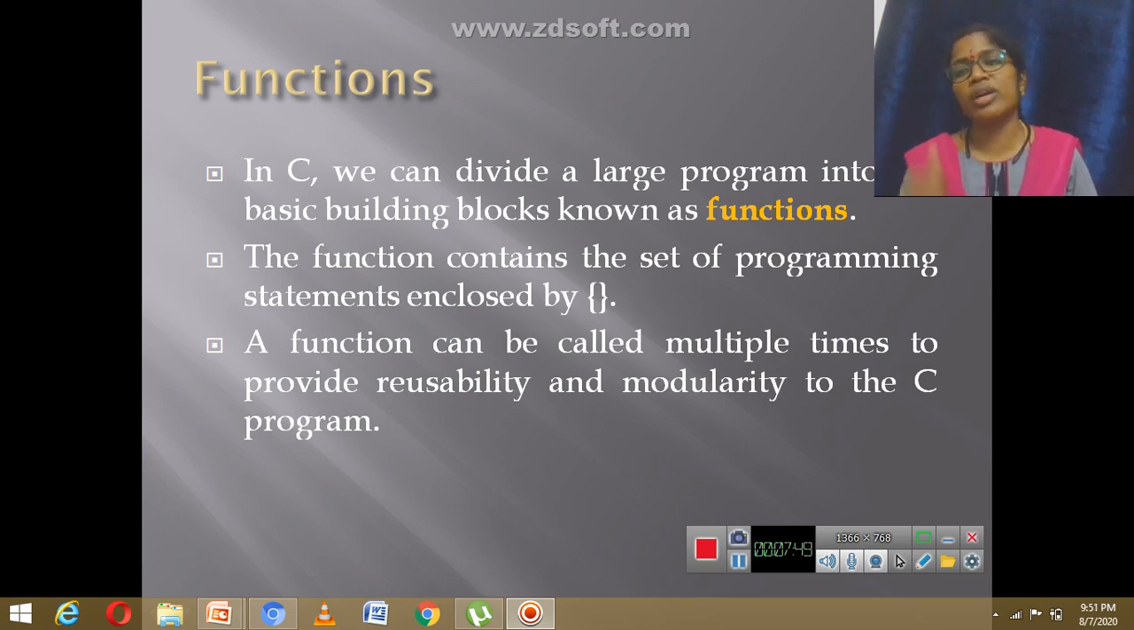And modularity. Modularity means making it as modules, dividing the larger task into smaller tasks. What was the larger task? Every time you need to search an element from the given set, you have divided it into a separate module,